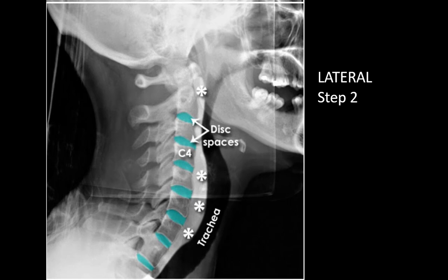And what else you have to see? You have to look at the disc spaces. The height should be approximately the same in all the disc spaces if there is no dislocation or avulsion. And you have to also look at the soft tissue which is lying anterior to this vertebra, because with a fracture there could be hematoma, there is misalignment of this space also. Normally you can see it tapers to C4 and then from C4 it gradually widens. So if there is any distortion in this space, you may look for any pathology here.